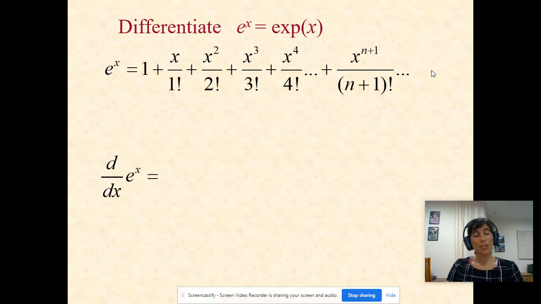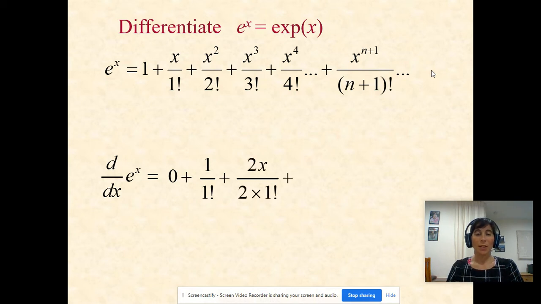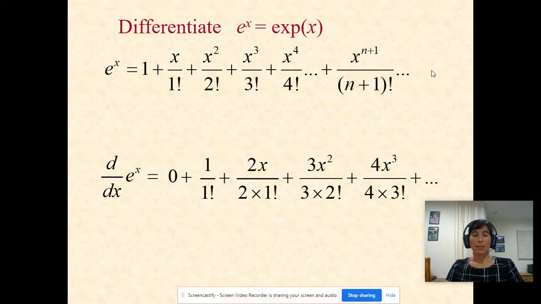If we differentiate 1, we'd get 0. If we differentiate x over 1 factorial, which just means 1, we're going to get 1. If we differentiate x squared over 2 factorial, which just means 2 times 1, we're going to get 2x over 2 times 1 factorial, which will just be 1. If we differentiate x cubed over 3 factorial, we're going to get 3x squared over 3 times 2 factorial. If we differentiate x to the power of 4 over 4 factorial, we get 4x cubed over 4 times 3 factorial, and so on. If you have a look at this,